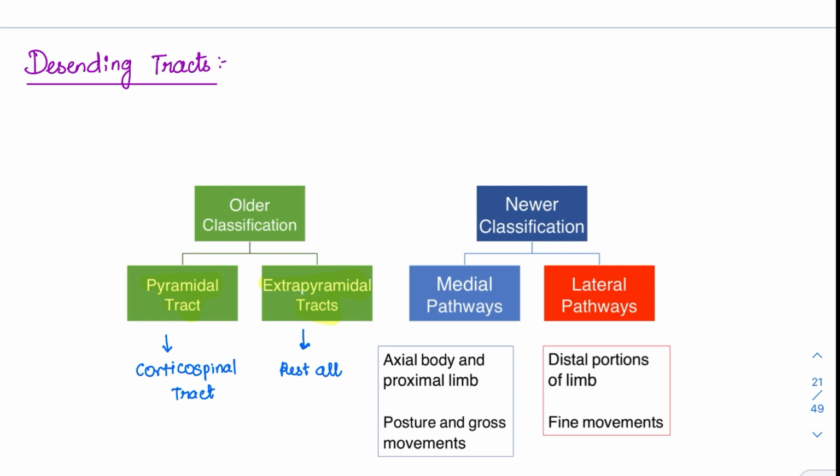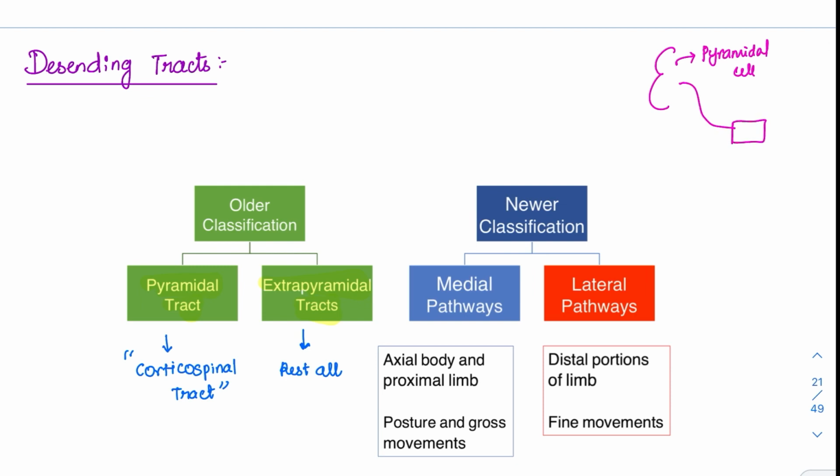So the older classification that was given is pyramidal tract and extrapyramidal tract. The pyramidal tract is the corticospinal tract. Previously, only the corticospinal tract was called the pyramidal tract, and all the rest were called extrapyramidal tracts. We'll briefly go through this corticospinal tract. It starts from the cerebral cortex, from cells called pyramidal cells. The pyramidal cells start the corticospinal tract, and from there they go to the medulla, and the